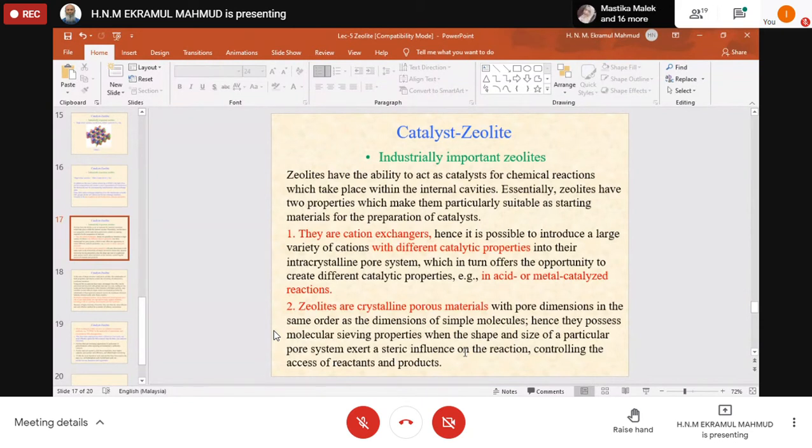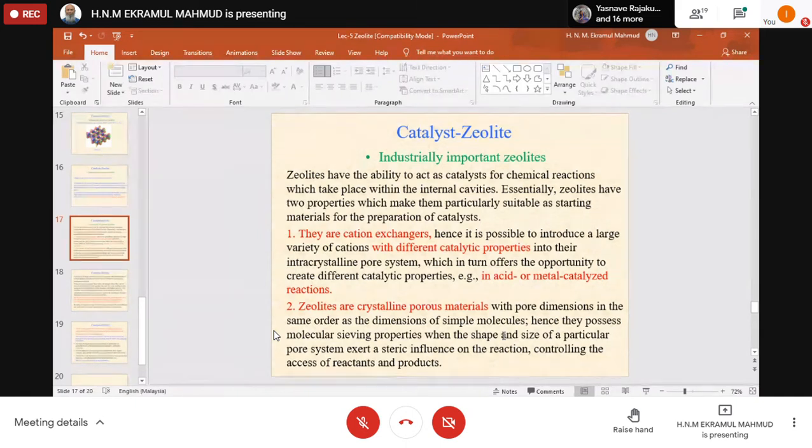When the shape and size of a particular pore system exert a steric influence on the reaction, it controls the access of the reactants and the products, which means, as I already discussed, we can control the pore sizes, whereby we can crack. Suppose you are cracking what? Long chain hydrocarbon. To what? You are cracking